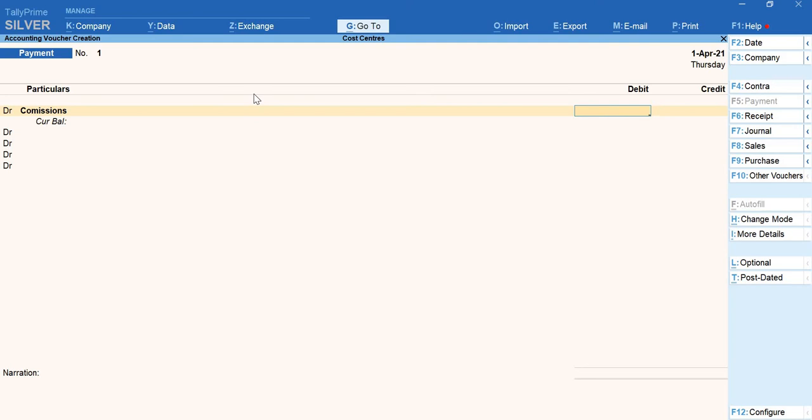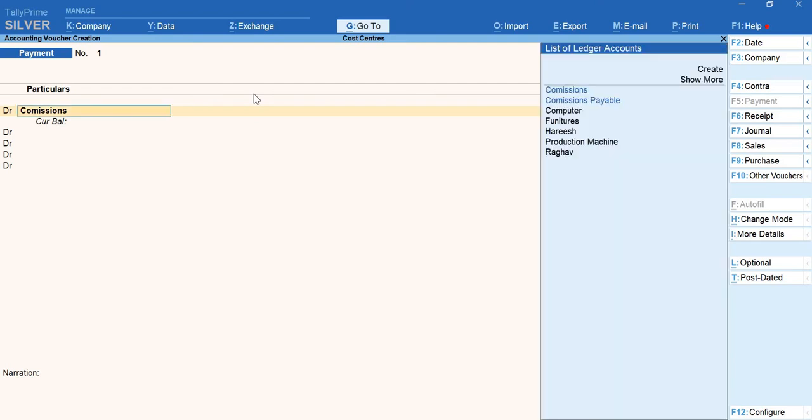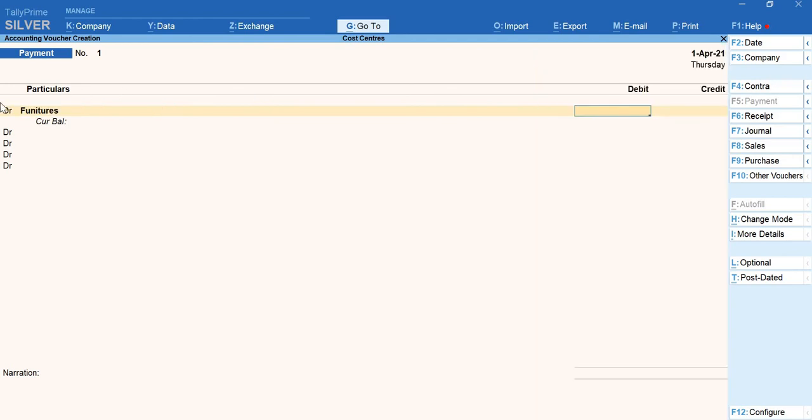And whenever you purchase a fixed asset, we have to enter a payment voucher as explained in yesterday's class. So we'll get into the F5 payment voucher. As I'm purchasing, furniture is coming into my business. Debit what comes in. That is the real rule. For assets, we have to apply the real rule. So furniture is coming in, we have to debit the furniture account. Here Dr indicates debit, Cr indicates credit. That is for the worth of 3 lakhs.